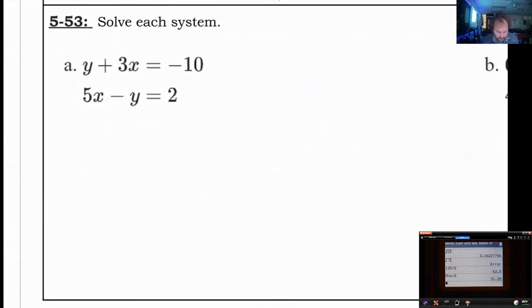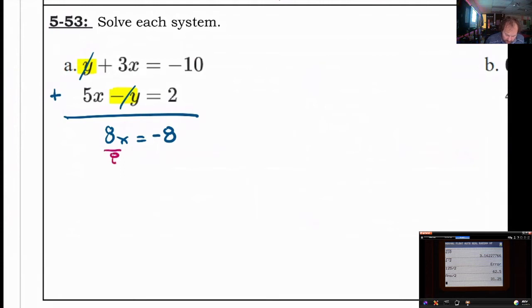Let's see. Question A is an elimination system, but it's kind of weird because the order isn't quite stacked up. However, you might recognize the y and the negative y. So you can just add everything together in this problem. The y's will cancel out, and 3x plus 5x is 8x. And then negative 10 plus 2 is negative 8. And so from here, you can divide by 8 on both sides, and you get x equals negative 1, and